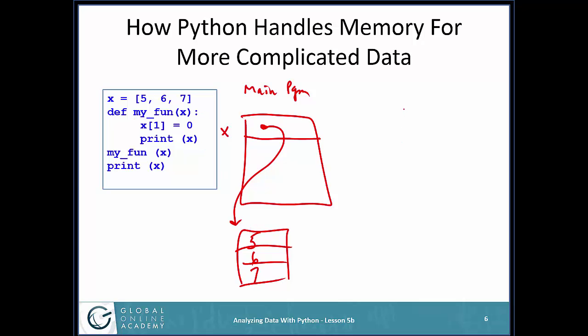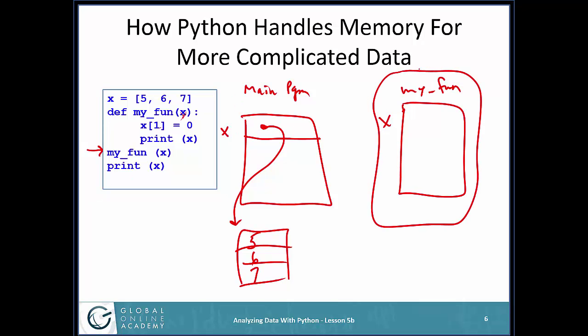Now, when I do my fun x, when I define it, I'm going to have some memory for my function. It knows it's going to have an initial parameter. Doesn't know how big it is yet, because until you call it, it doesn't know if x is going to be a list or an integer or a float or anything else. Oh, I'm going to change the value in position 1 to 0, print out the entire value of x. Okay? My fun x, when I execute this line, I will create the memory for my fun,